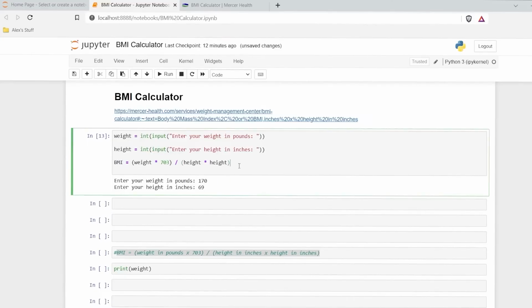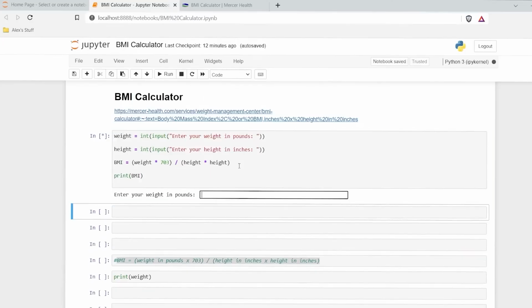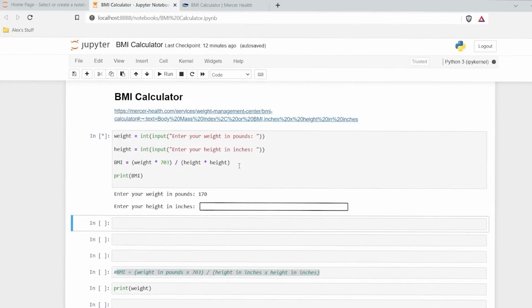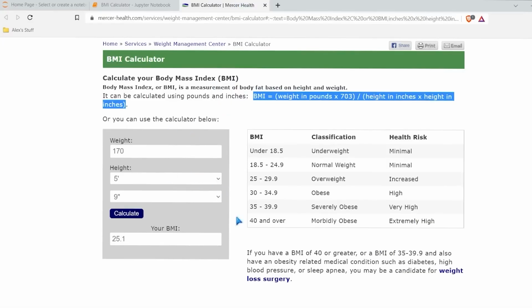Okay, so I just need to do print BMI. So let's try this again. 170, 69, and there is our BMI, 25.1. So it worked the exact same as this one. So we inputted our weight, we inputted our height, and then it calculated